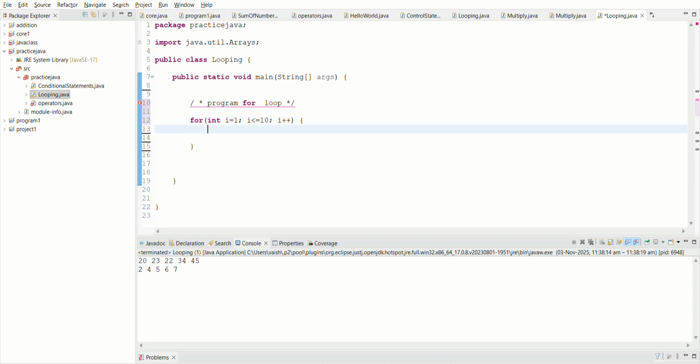In this we write a statement: System.out.println, the i value is